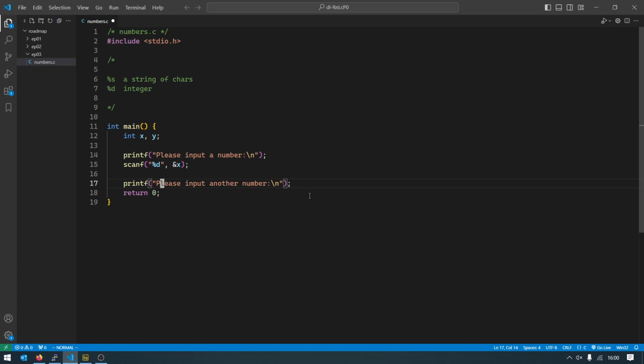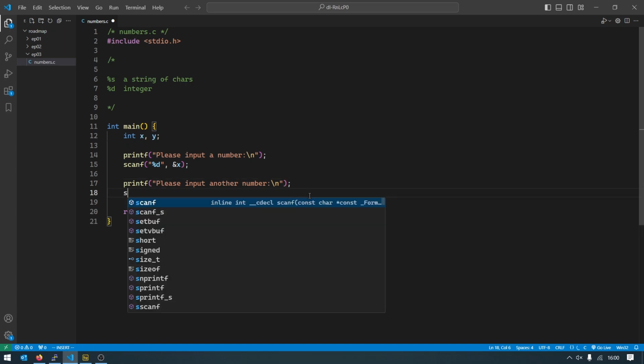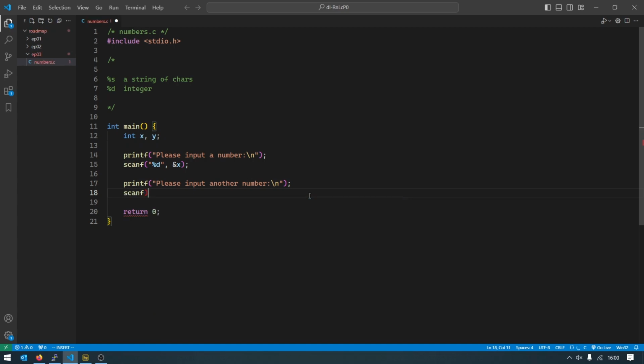Alright, so how do we read another number? Well, we repeat the same thing again. So we do scanf and %d, we do an ampersand, and this is the y. So at this point, we will have values, two different values, or the same value perhaps, inside of these variables,